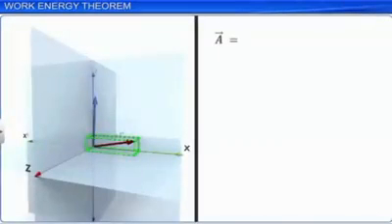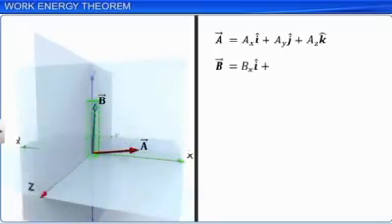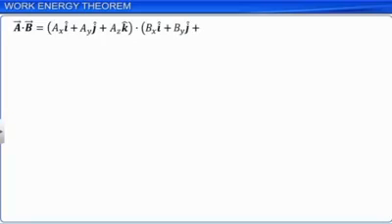If two vectors A and B are expressed in terms of their components along the coordinate axes Ax, Ay, Az, Bx, By, and Bz respectively, then A dot B is equal to (Ax i plus Ay j plus Az k) dot (Bx i plus By j plus Bz k),